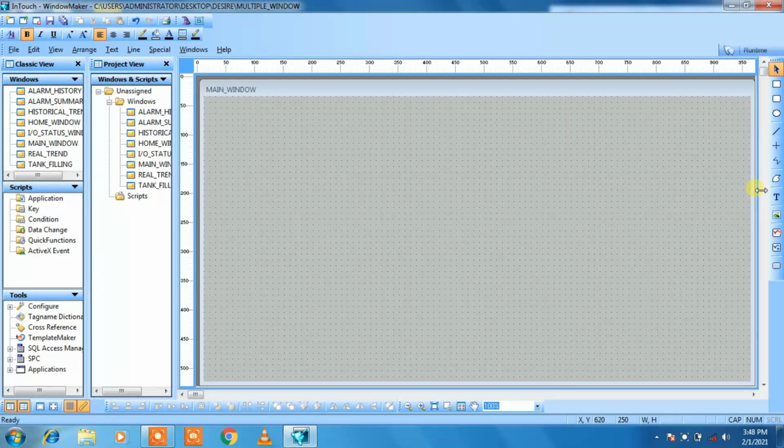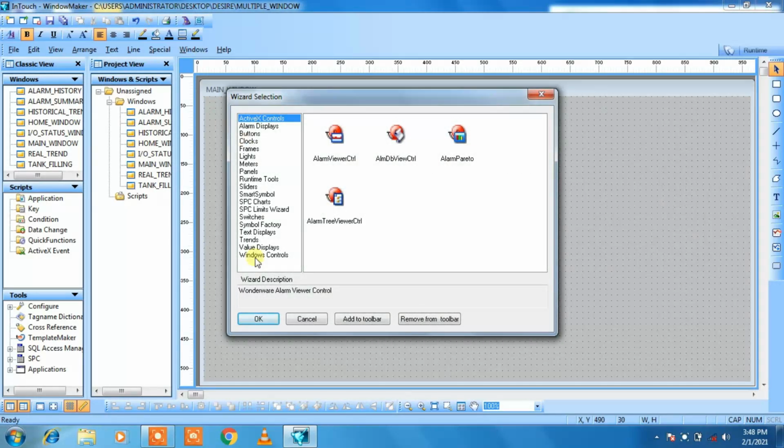Now on the main window, we need to show the clock, welcome, our project name, project done by, contact, mail address and so on. First of all I want a clock. For that go to the Wizard, then the Wizard Selection window will open and there is the option for clocks.